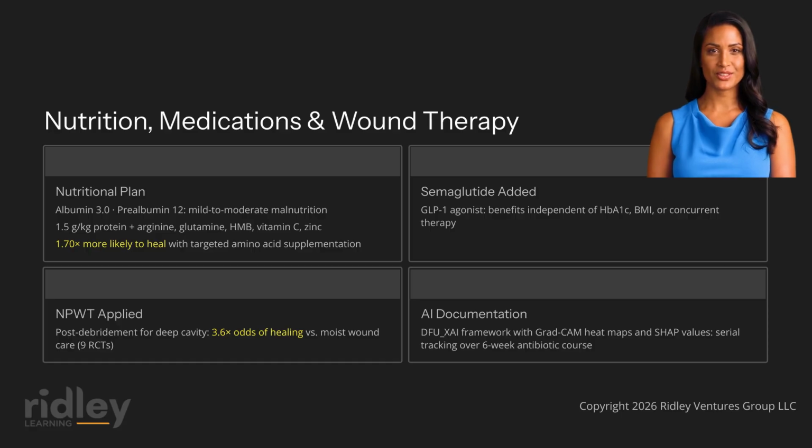The wound care nurse initiates AI-assisted wound documentation using a smartphone-based application to capture standardized baseline images and measurements post-debridement. The AI application generates objective wound area, depth, and tissue classification data that will be tracked serially throughout the 6-week antibiotic course and beyond, enabling the treatment team to identify healing trajectory deviations that might indicate inadequate source control or